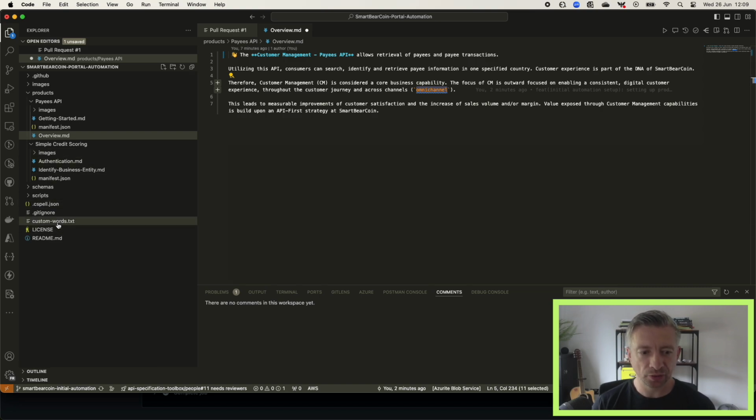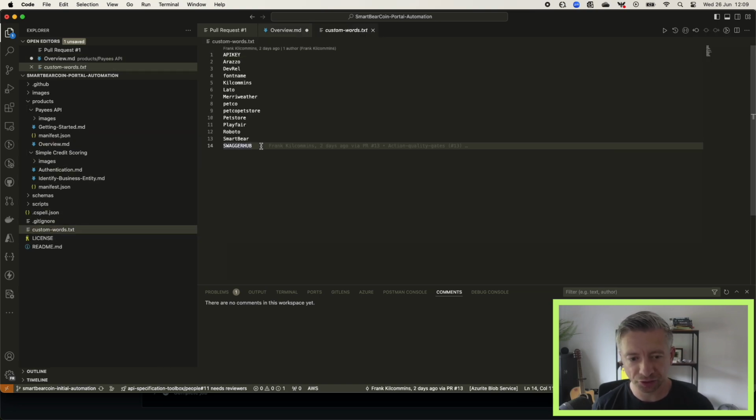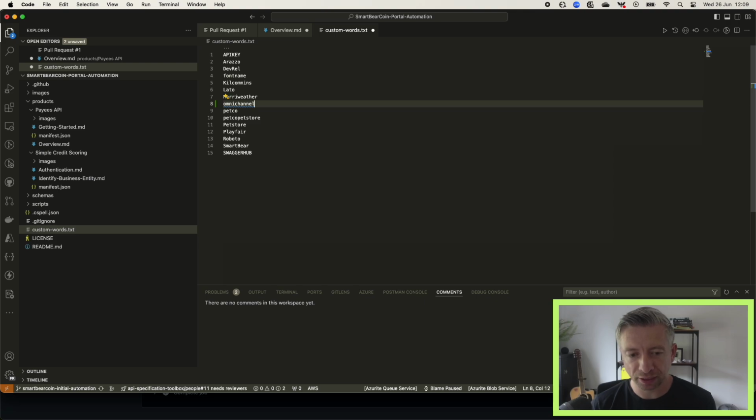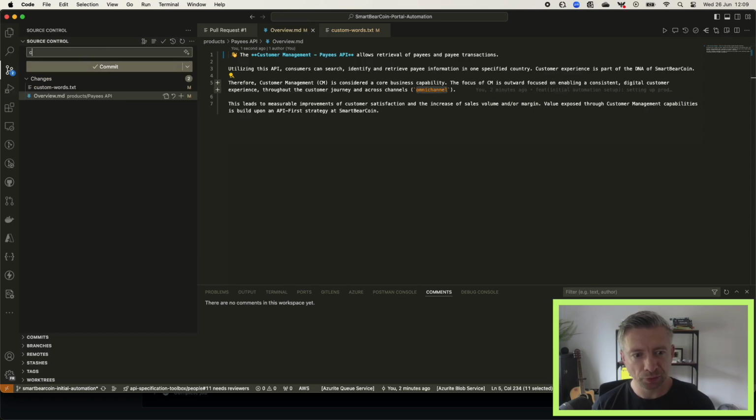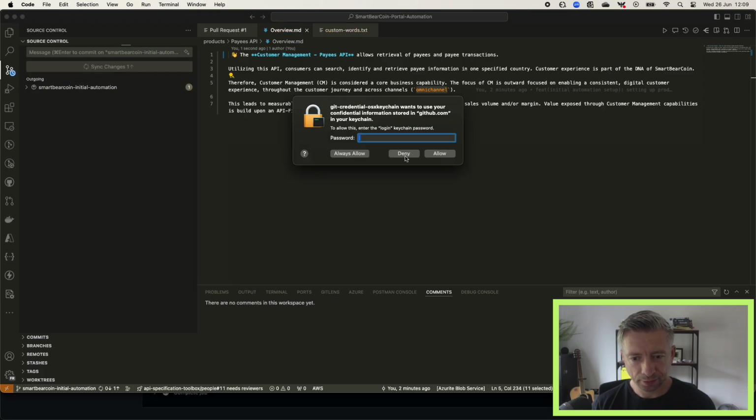So I'm going to add this to the custom words text, and all of the instructions around the spell check and the custom words, that will add a special dictionary of known words, is all explained in the repository. So I'm going to add in omnichannel, and save the markdown file and the custom words text. Going to merge this all back in and rerun the GitHub actions to see if everything passes, and then hopefully I'll be able to merge the PR. So hit commit, sync changes,